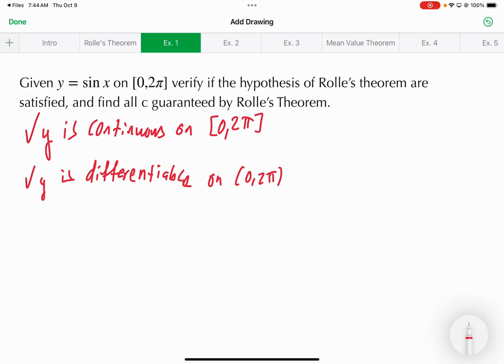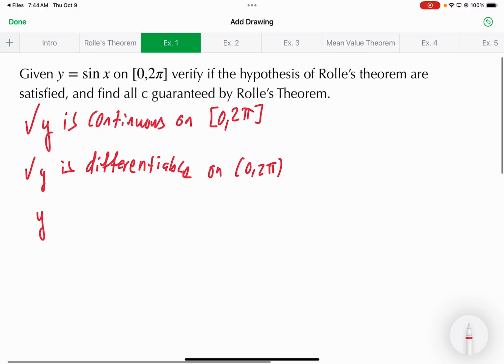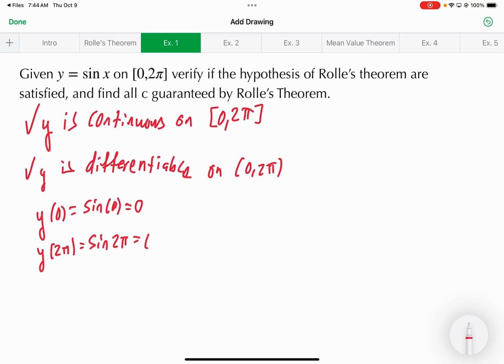All right, it's also differentiable on 0 to 2 pi. So then the other thing we need to check is to make sure that my endpoints have an output of 0 as well, okay? All right, so if I think about this like a function, y of 0 would be sine of 0. What is sine of 0? 0. And then also y of 2 pi. So if I plug 2 pi in, I would get sine of 2 pi, which also gives me an output of 0. Cool. So then in that case, all 3 of my conditions are met,